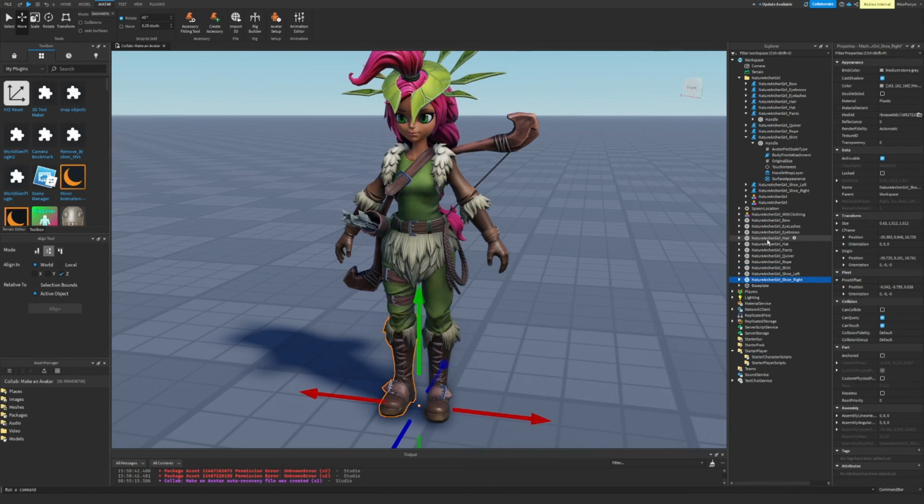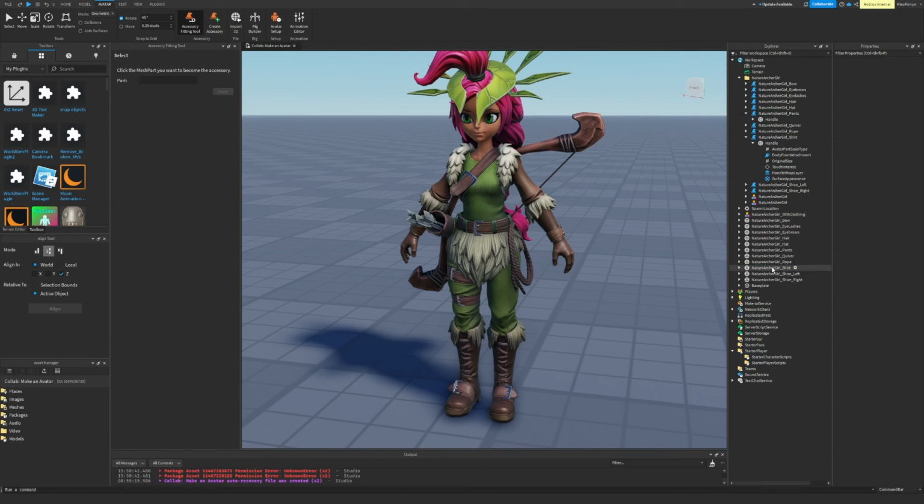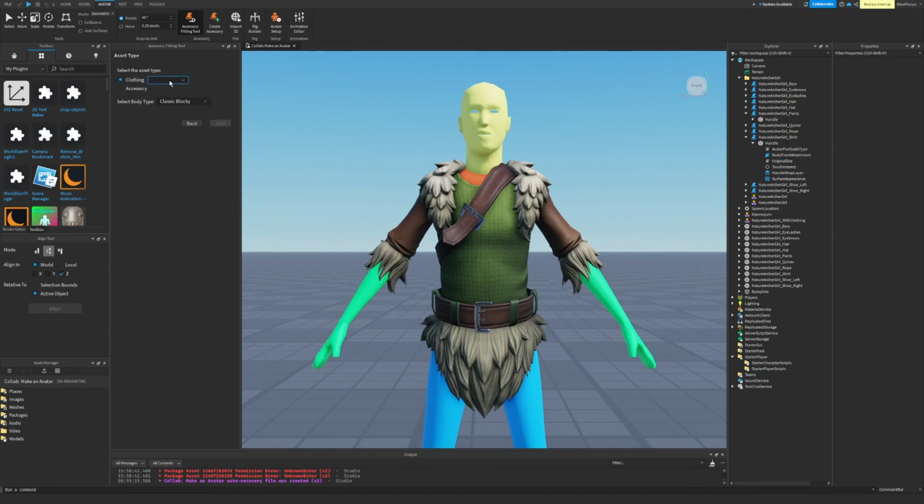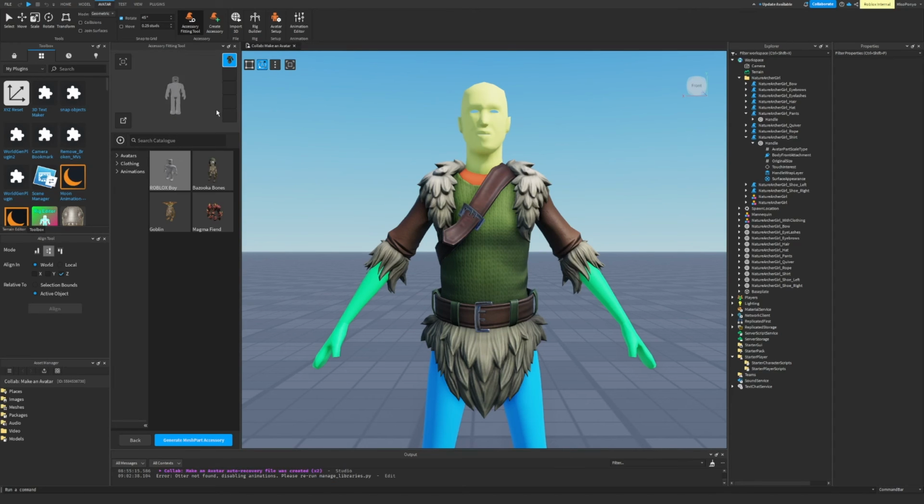So in order to actually attach these, I would go to the shirt, go to the accessory fitting tool, click on my shirt, and then go through the process of defining what it is as an accessory type. It's a shirt. This should not apply to layered clothing. This only really applies to rigid accessories. But regardless, I'll have it match my import. What is it? Rthro Narrow selection. So realistic, slender. I think we're in the process of changing some of these names, so it might be a little confusing how it corresponds. All right, and now